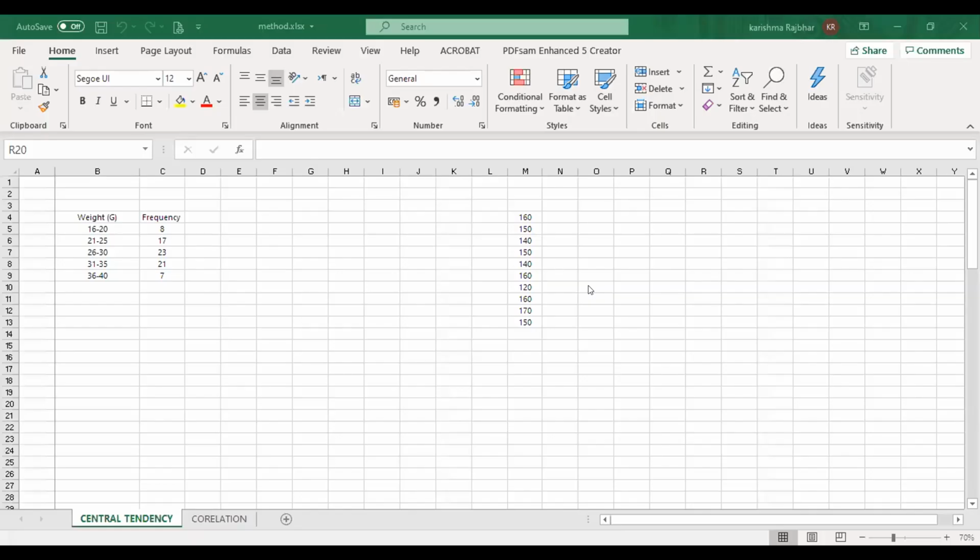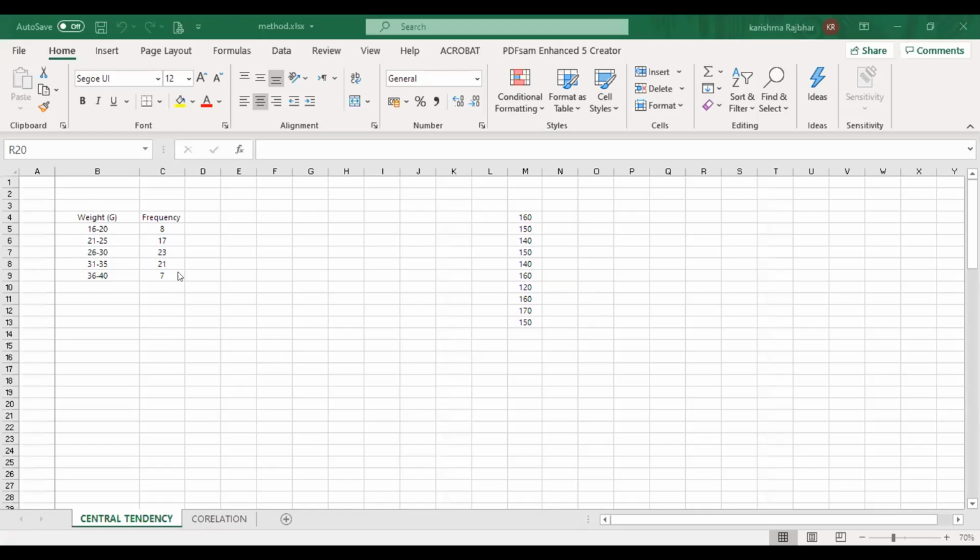Is the screen visible to you, students, now? Yes, ma'am. Okay, now look at this. This is one Excel sheet where I will show you how to plot your central tendency and how to find the dependency of the data. Now look here.